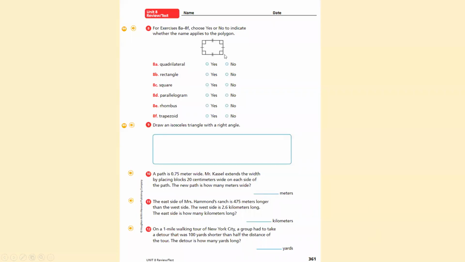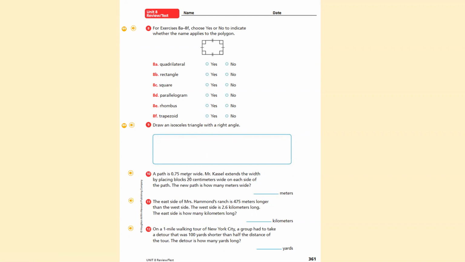Here you're going to go back to our quadrilaterals, 4-sided. You know what a rectangle is, you know what a square is. Parallelograms, 2 groups of parallel lines. Rhombus, all sides are equal. And trapezoid, you can't be a trapezoid and a parallelogram because a trapezoid is only 1 group of parallel lines. Draw an isosceles triangle with a right angle. Ooh, this is kind of what we were rocking yesterday. And then this one here, you're going to figure out,